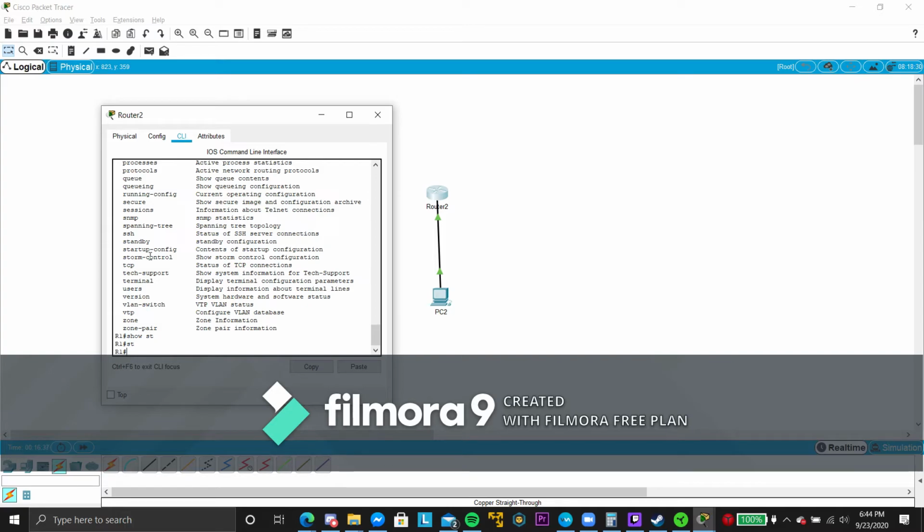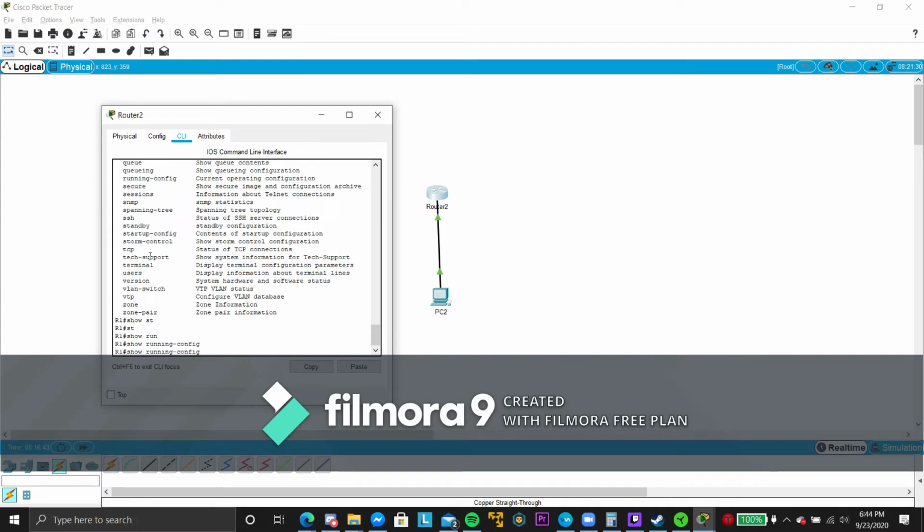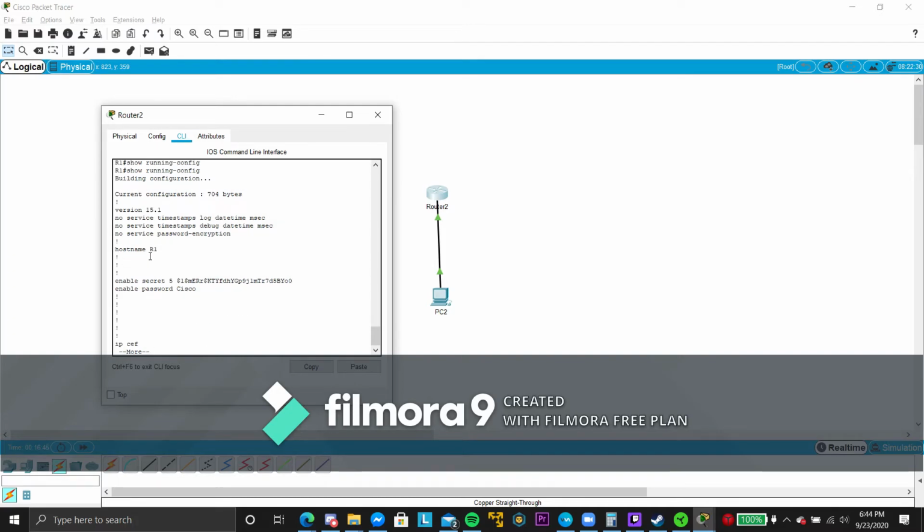Oh, running config. Running config basically shows everything that's happened so far in the actual computer itself. Like I said, the secret password is right here, and see how it's all encrypted, so we don't know what it is, but the regular password is right here. It also shows the hostname,